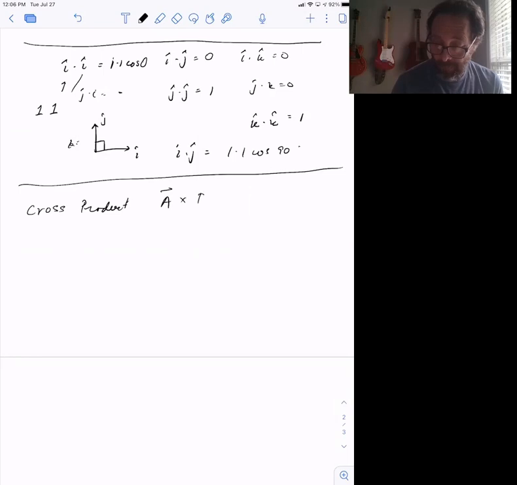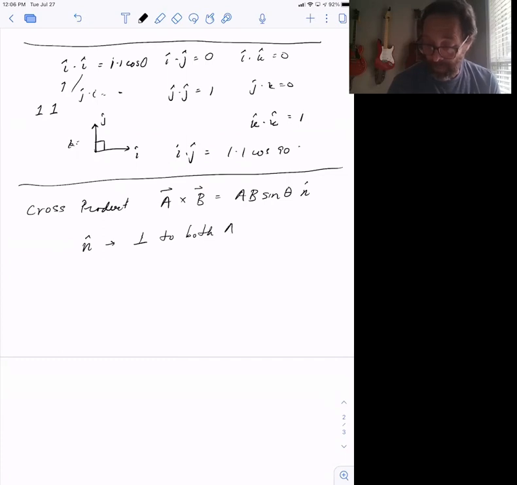A cross B is equal to the magnitude of A times the magnitude of B. Instead of the cosine, we have the sine of the angle between them. And then we have a vector n hat. And n hat is perpendicular to both A and B. Really, in detail, it's perpendicular to the plane in which A and B sit. Two lines can define a plane, so you have uniqueness. And we do this by the right-hand rule,